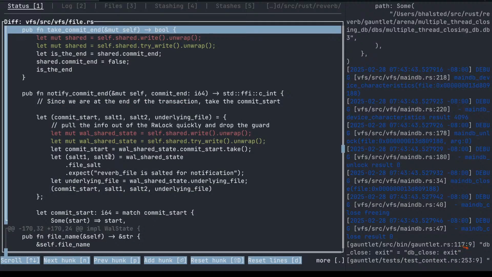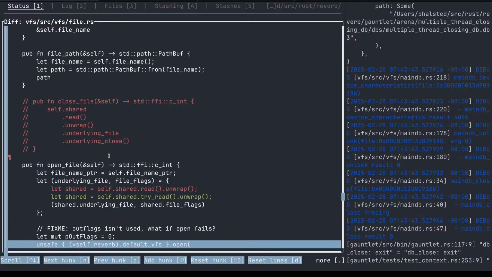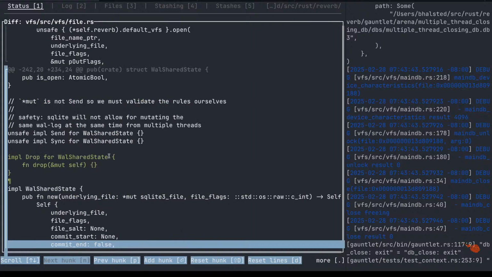Let's change that out, because that is different. And the drop. Oh, the drop impl.